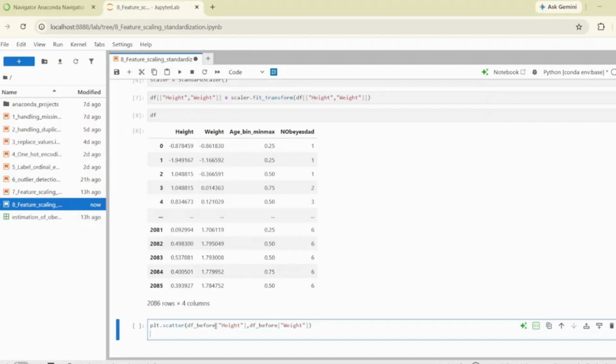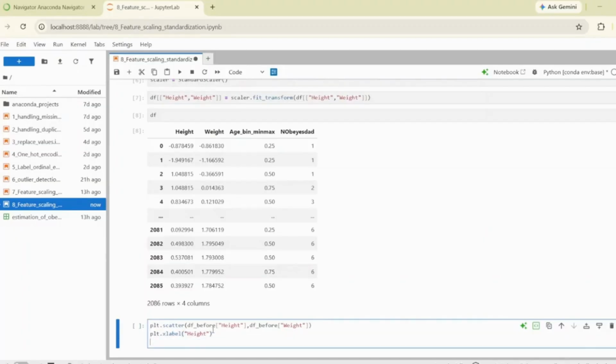Okay, plt.xlabel, height. Same I will give for ylabel, weight. Okay,